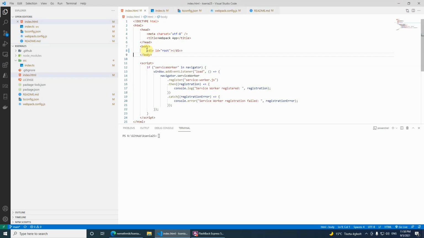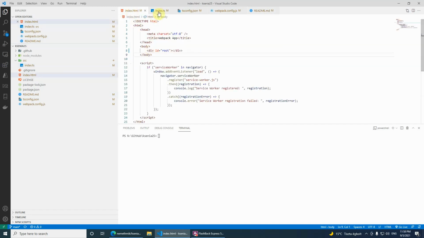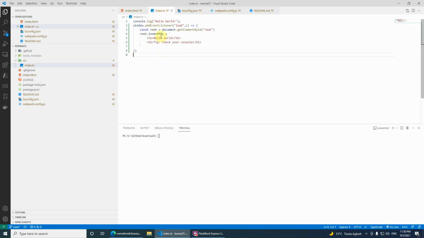So because this is a single page application, what I have modified here is that I removed, actually relocated, the two messages, this hello world and tip check your console. I'm just following a step-by-step introduction here, relocated from the static page over to a dynamic page. And the way I'm doing it is that here I just defined a div element with an id root,